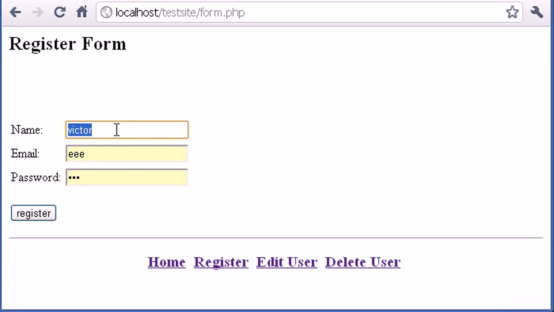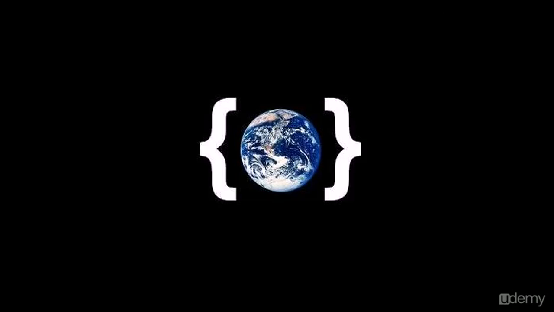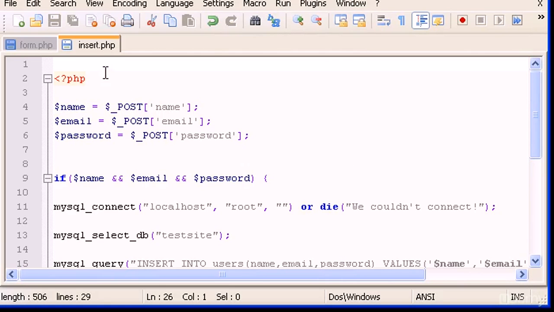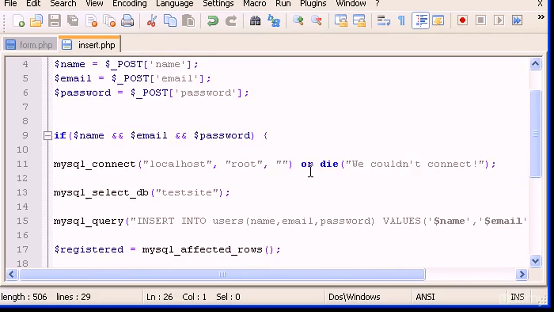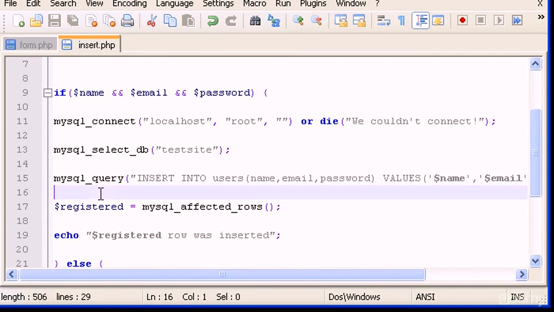I want a message to appear if I type Victor as a new registering user. I want a new message to appear saying that the name already exists in the database. With that technique, every time a user registers, it has to be a new name. We don't want repeated names in the database. Okay, so let's go to Notepad again, insert.php, and to do that we will have to type it here